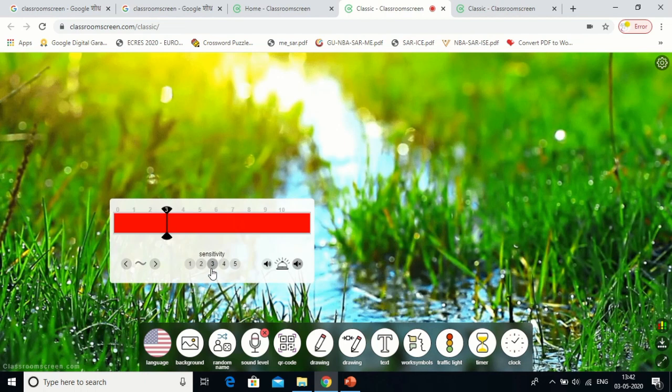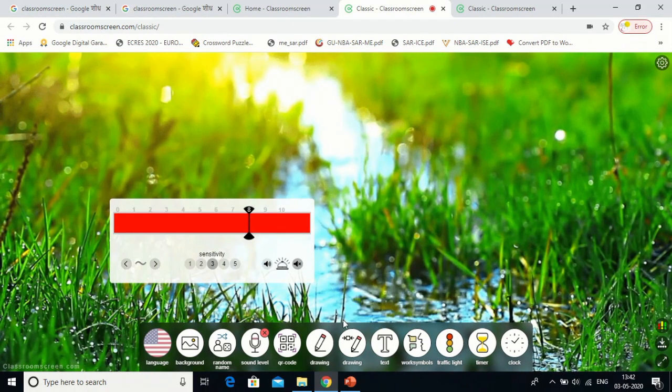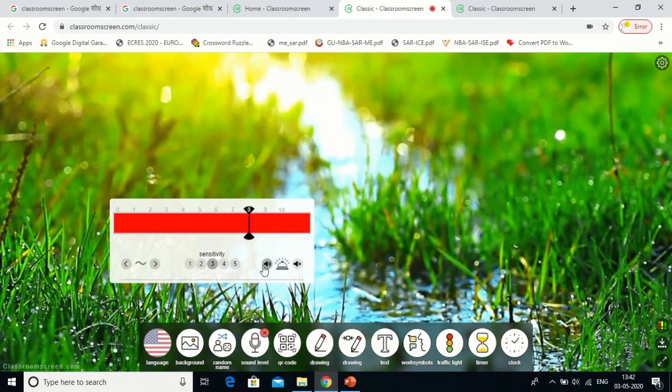I will first decide the sensitivity of it. I will increase the sensitivity because definitely it is going to be higher inside the classroom. So as I'm talking, the intensity is increasing. I'm keeping quiet, the green light is there. See, now as I'm talking, the intensity will start increasing. If it starts increasing, it will give me a buzzer that it is crossing the line. Okay, so this is a sensitivity button which is available, a very wonderful feature to use.